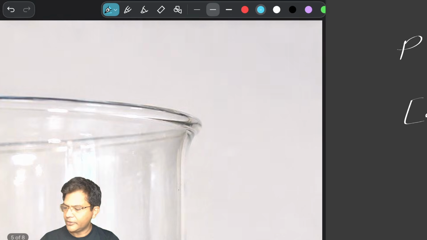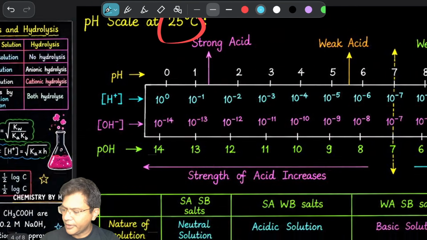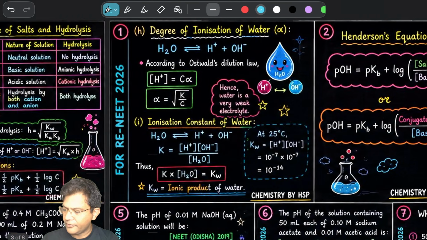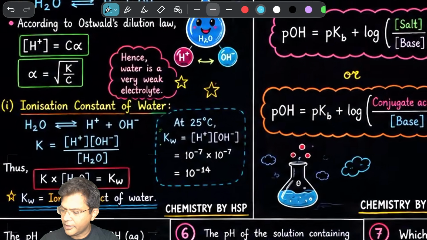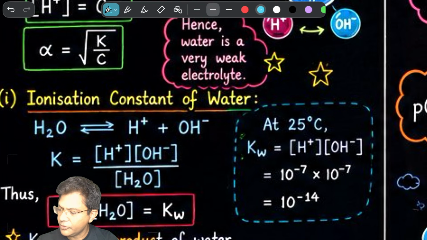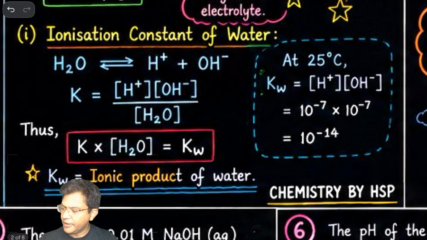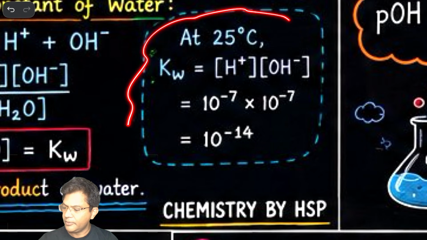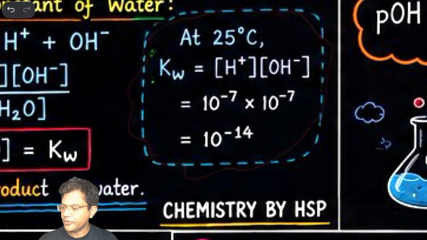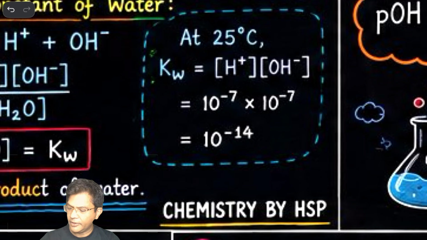Okay, let's see. Whatever is written over here, everyone just see to it. This is a very, very good diagram. Now, let me show you what is written over here. Just see Kw in front of your eyes. This is Kw. H plus into OH negative concentration is equal to 10 to the power minus 14. You have to keep this in your brain, right? Now, my dear students,